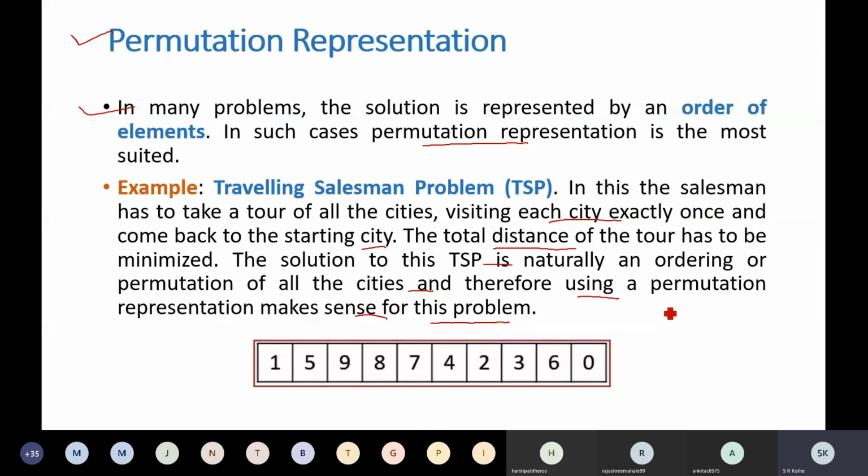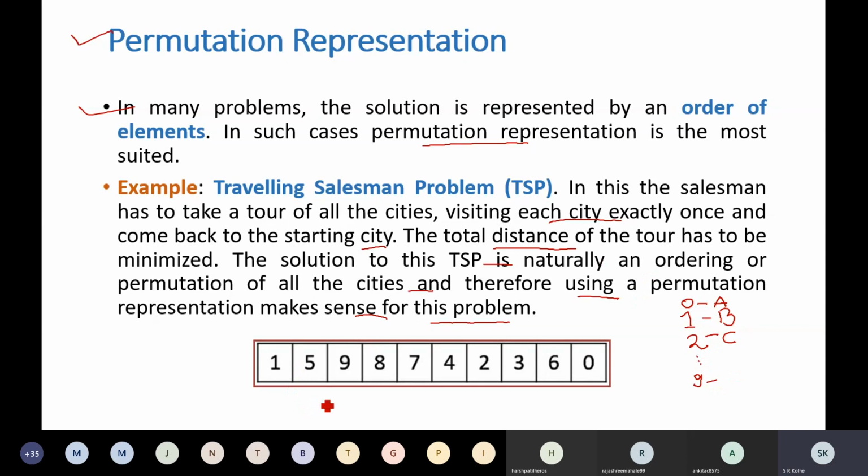Suppose there are 10 cities. So we will represent these cities by 10 numbers, digits. City A means 0, city B means 1, city C means 2, in this way up to city 9.